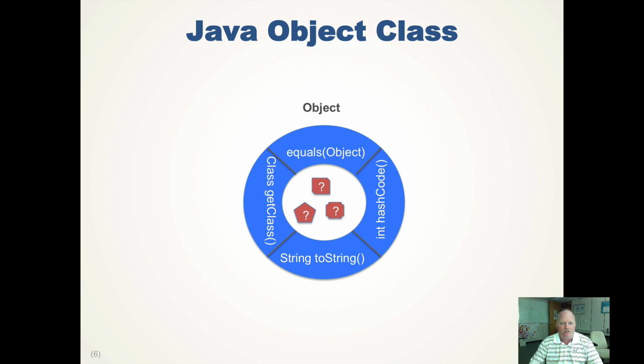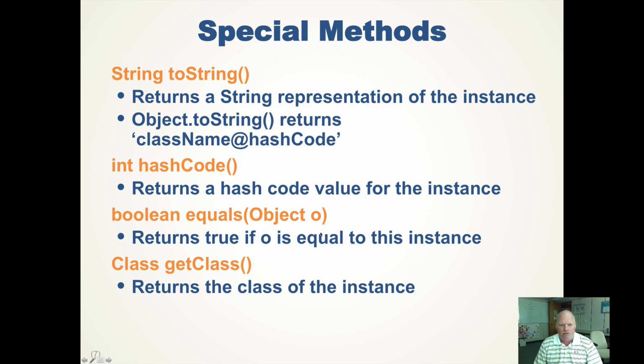So in Java, all Java classes extend Java object, and basically there are four important methods on the Java object class. Again, the object encapsulates the data that is stored in the object. And I have no idea what the Java object class's private member variables are, and we don't care. The four methods are toString, which we talked about a week ago, and returns a string representation of the instance. The object toString returns the class name, @, and the hash code for that class. It is not interesting. Well, it is interesting. It does not provide a lot of